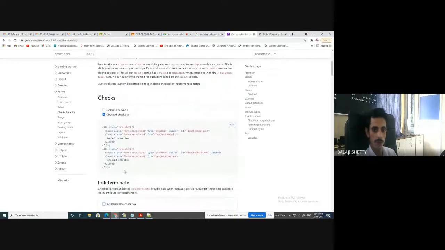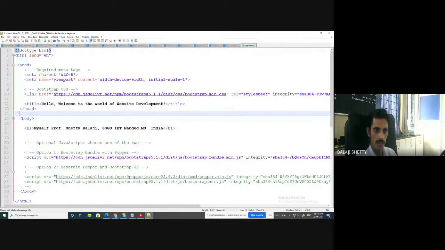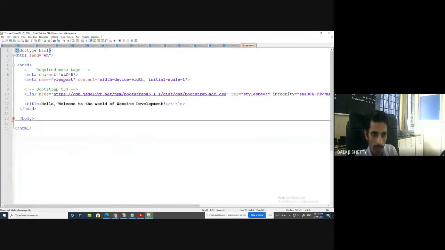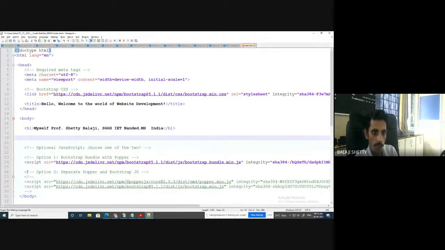It's very simple. What you have to do, if you want to use this radio button in the form, simply copy this code. Code is copied. Go to Notepad++, and here in the body, just make the changes in the body. Again, I repeat. Whatever changes you have to make, make the changes in the body tag. That's it. Where to write? Between body and ending body. We don't have to disturb these files.